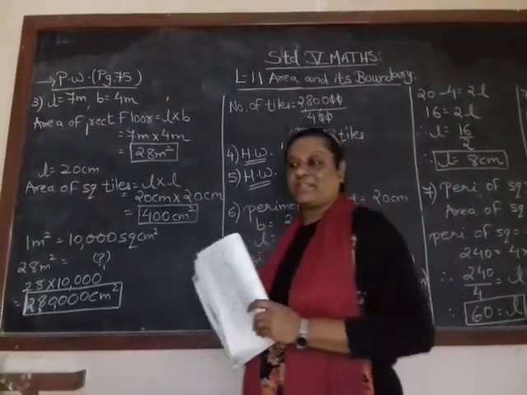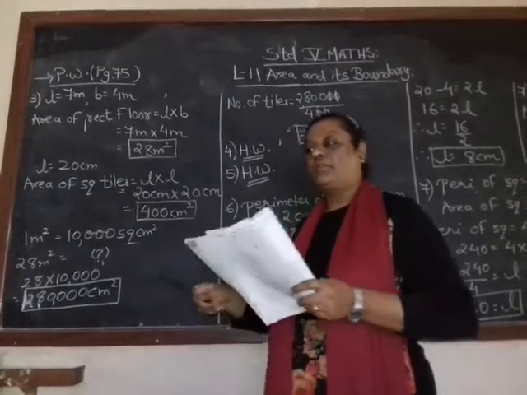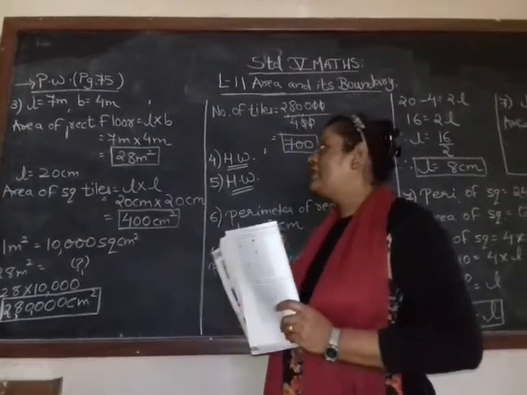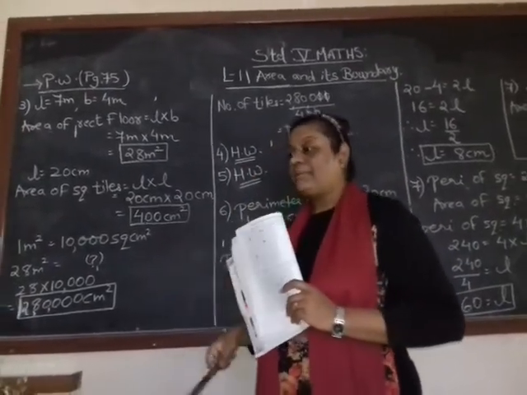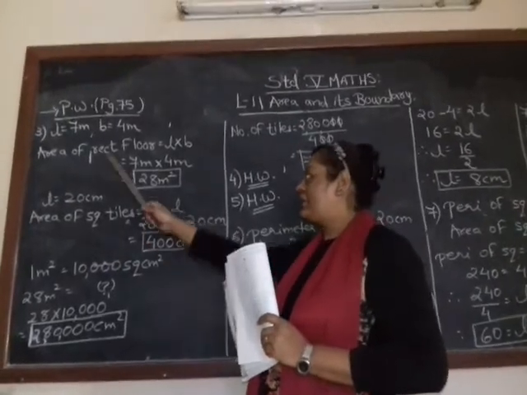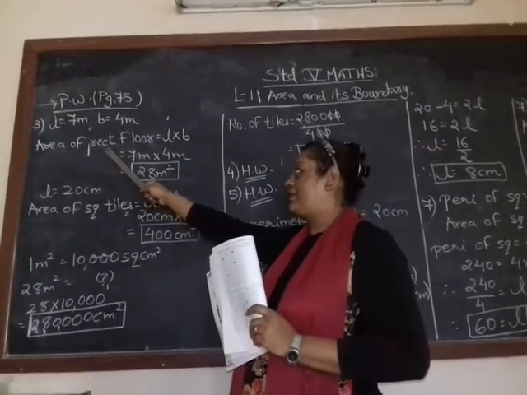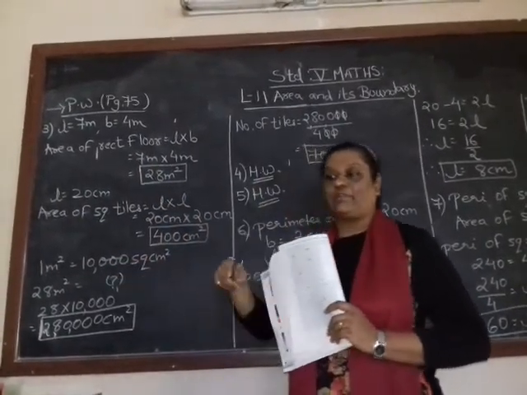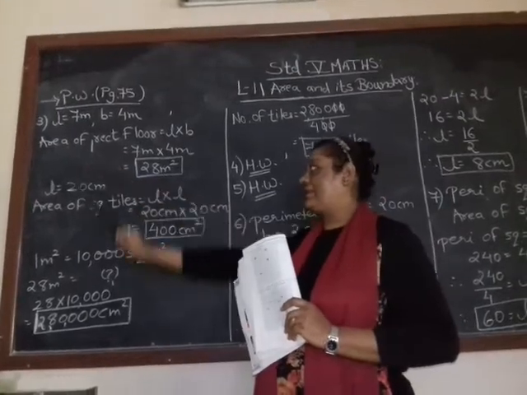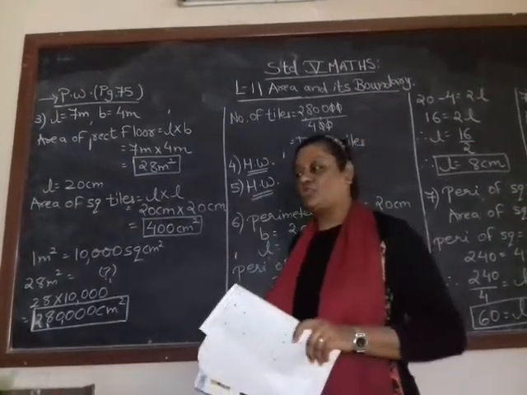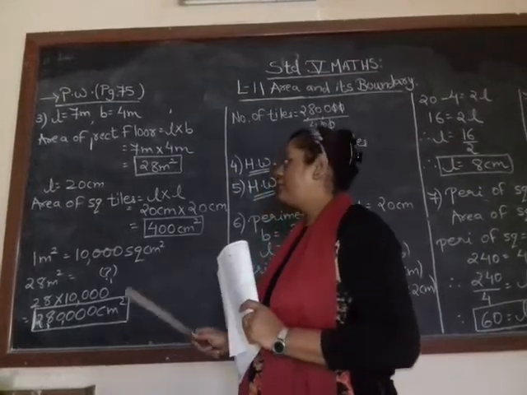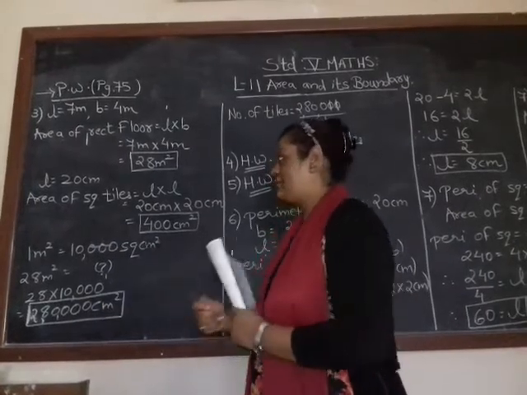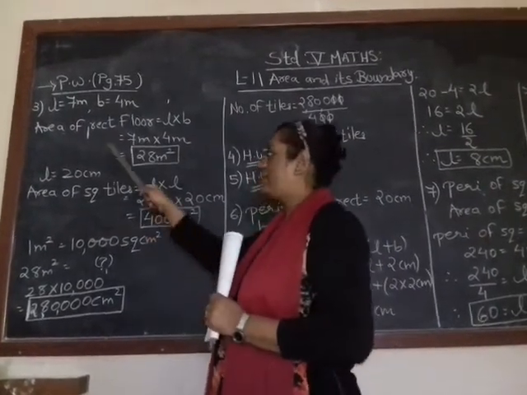Now when we fix the tiles, it is for the whole floor. It is not that the boundaries where we have to fix the tiles. We require the whole floor to fix the tiles. So again we are going to use the area of the rectangular floor, right? We want the whole floor to get covered with the tiles, so it is again area, and we are using the whole tile to fix into the rectangular floor. So again as we are using the whole tile, again we will find out the area. So there will be two areas. We are going to solve the area.